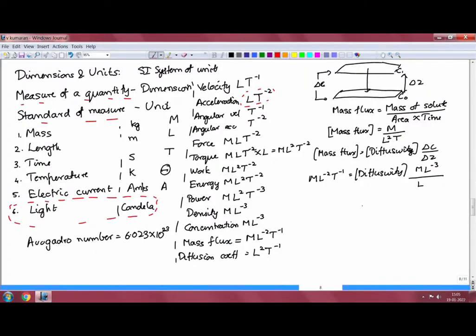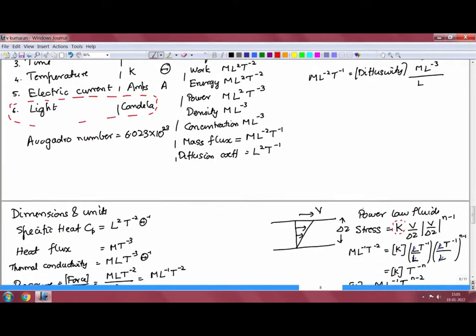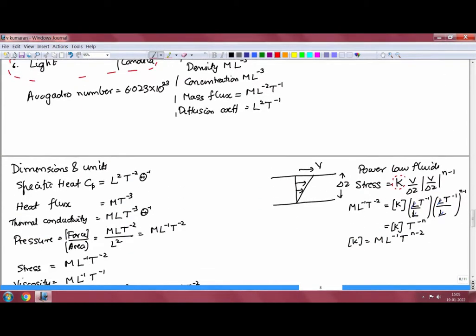So, all other quantities can be derived in terms of those 6 fundamental dimensions. The fundamental dimensions are mass, length, time, temperature, current and light intensity, and we had seen how to get the dimensions of other quantities in terms of these fundamental dimensions, okay, whether they were mechanical quantities, thermal quantities or electrical